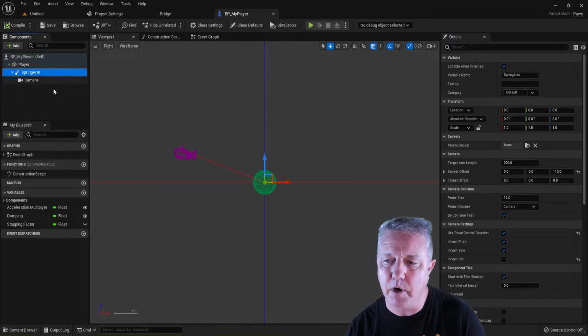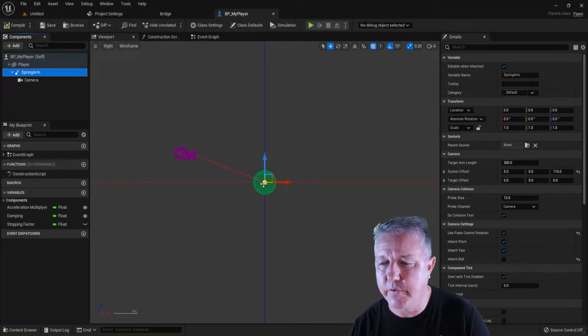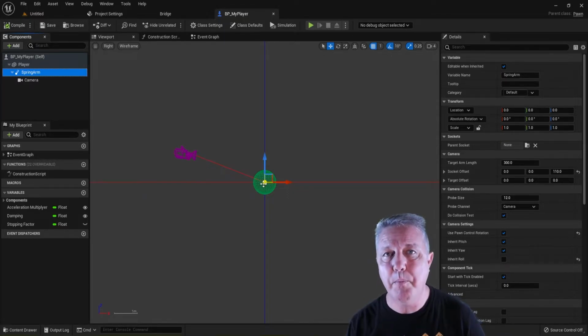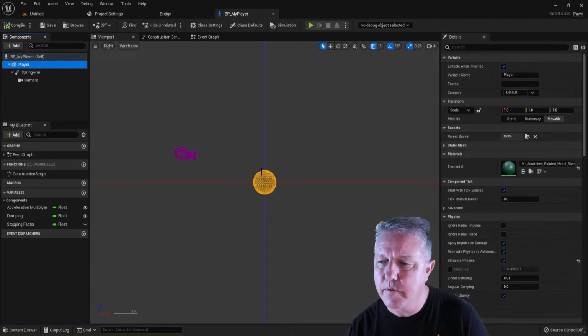And if I click the spring arm, you'll see that my spring arm is in the dead center right there at 0, 0, okay? And that's automatic, it just did it. So that's why mine worked right off the bat. But if you didn't have that same sphere and you went with the